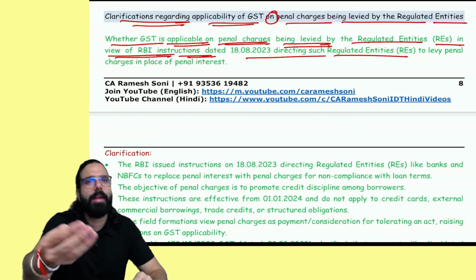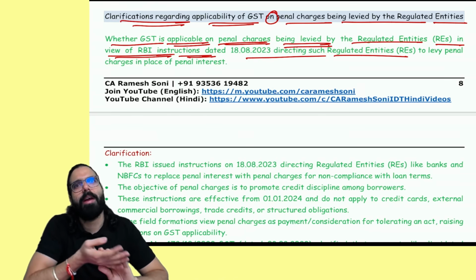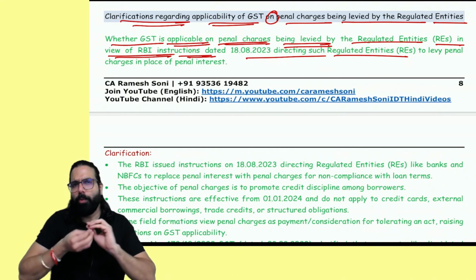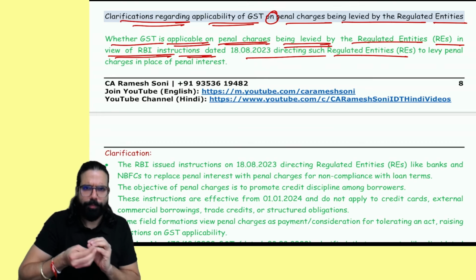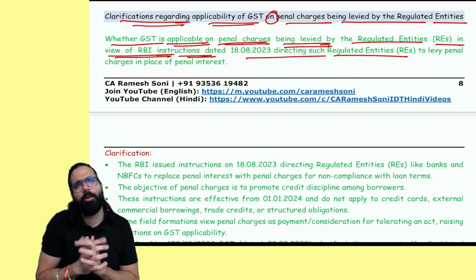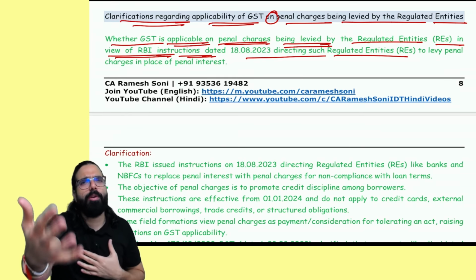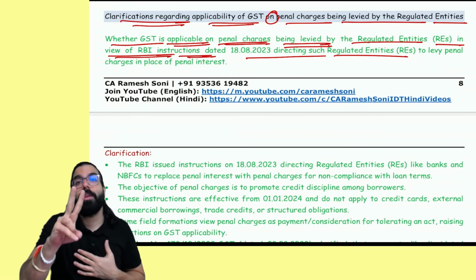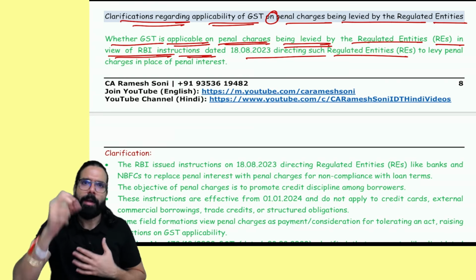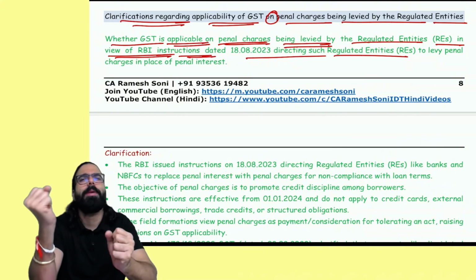Supposingly you don't go ahead and make the loan payment on time. So what the bank will charge you is penal interest, saying 1,000 rupees, the amount which was payable by you, or might be supposingly you have 20,000 rupees which you have to pay as installment to the bank. Now I am the bank, I've given you a loan for which you have to pay 20,000 rupees. Now 20,000 rupees, if you don't go ahead and pay me on time, I'll go ahead and charge you penal interest. The EMI, if you don't pay me on time, I'll charge you penal interest.